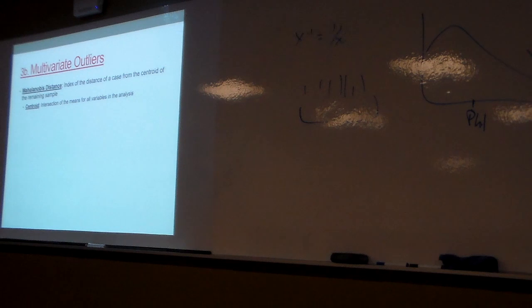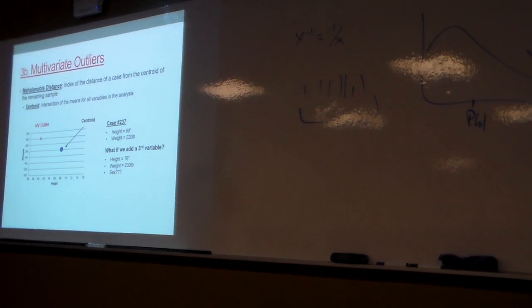But then if we add a third variable, we'll go into three-dimensional space, right? And so let's say I include age. Somewhere here in three-dimensional space is the intersection of the mean of height, the mean of weight, and the mean of age, and that's my centroid. That's where that value is lying. What we're looking at with the Mahalanobis distance is where this person's intersection of height, weight, and age falls relative to the mean height, mean weight, and mean age of the rest of the sample.